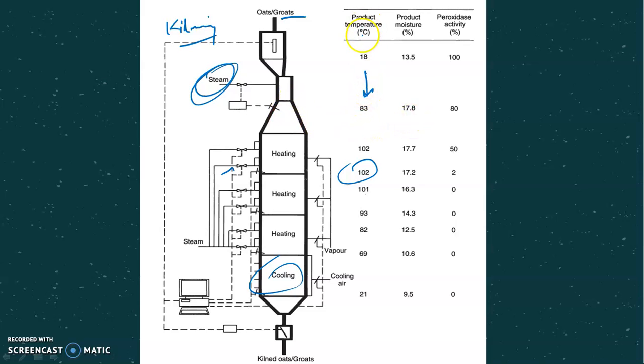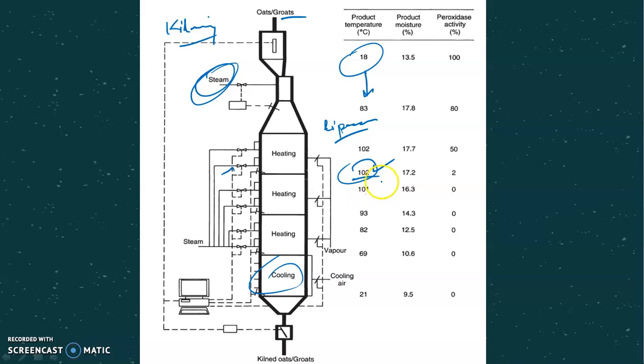So what happens during the killing? The temperature is increased from approximately 18 degrees centigrade to a maximum of 102 degrees centigrade. Why 102 degrees centigrade? Because we have to deactivate, we have to kill the lipase enzyme. We have to kill the peroxidase enzyme, which is responsible for deteriorating the fat present in the germ. Okay, so this is the required temperature,